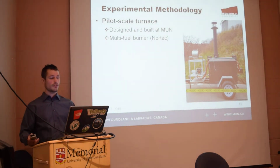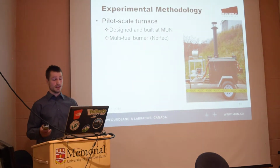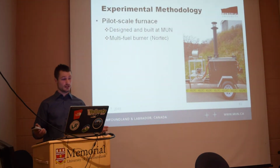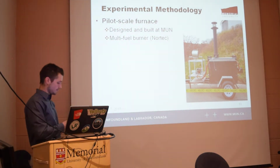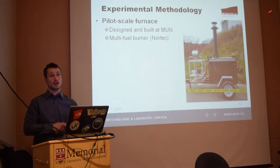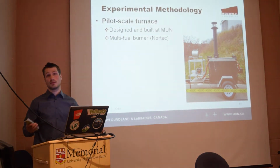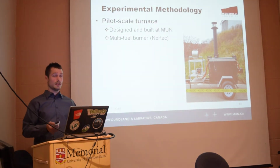So, after choosing the reclaimed oil and fish oil as promising blends, the next step was to combust them in the furnace. This furnace was built here at MUN. It has a multi-fuel burner, which means it can burn many different types of fuels, thick ones, and